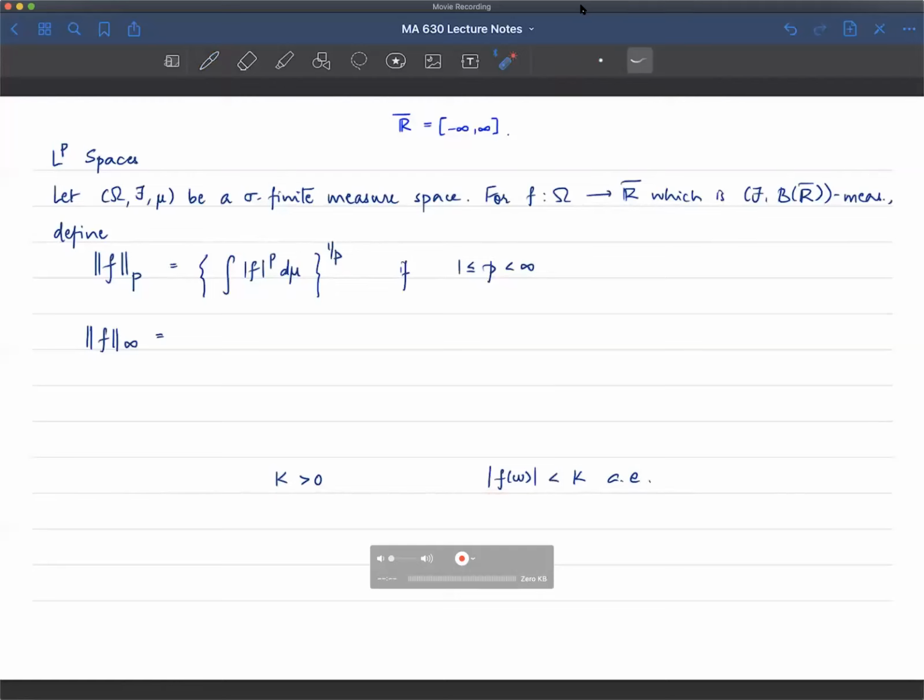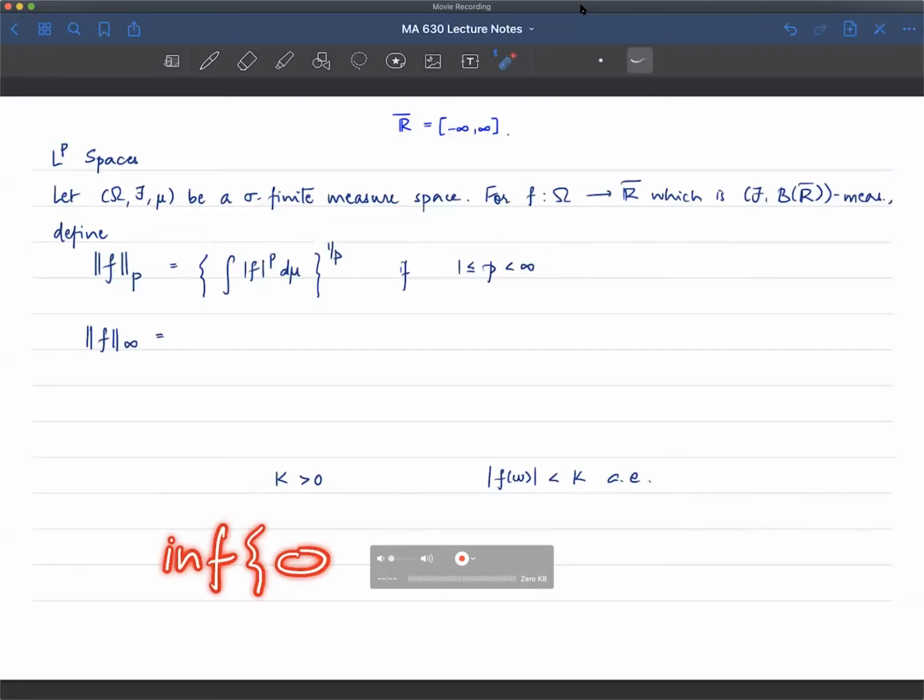Suppose there is such a k greater than 0. Now remember, this k is greater than 0, and so that means this family of k's has a lower bound, and so it will have an infimum. You can take the infimum, and whatever the infimum is, that is what I'm going to take as the definition of this symbol. Now, if there is no k, I'm going to be taking the infimum of the empty set.